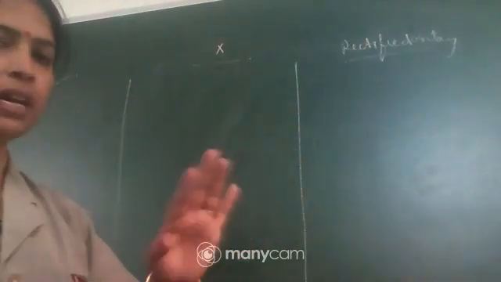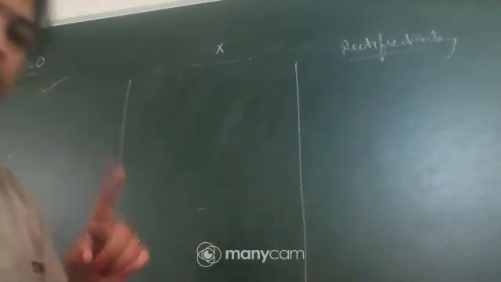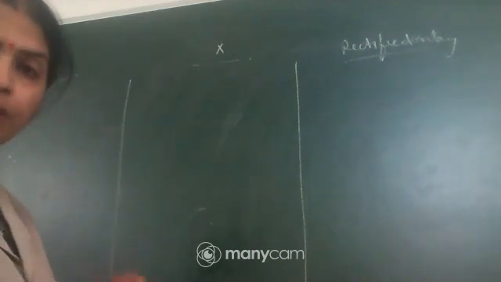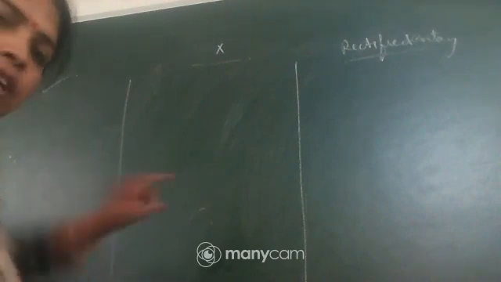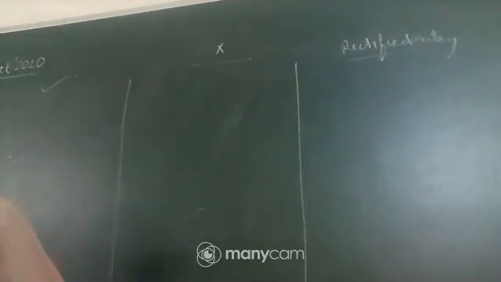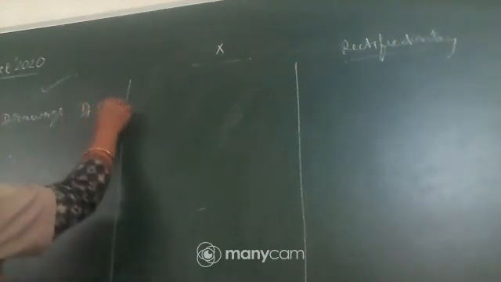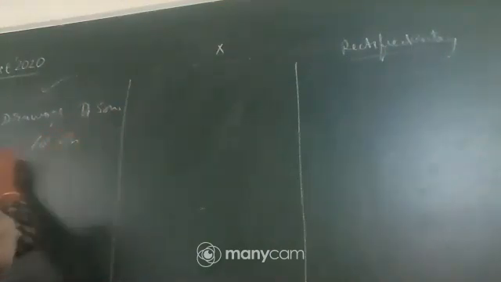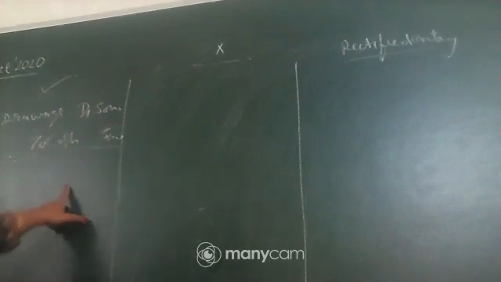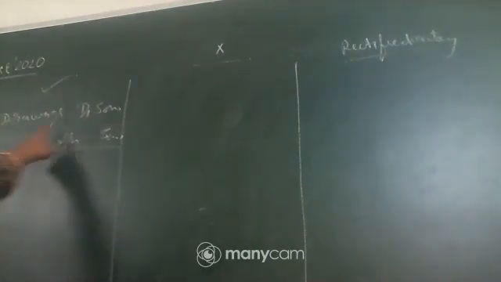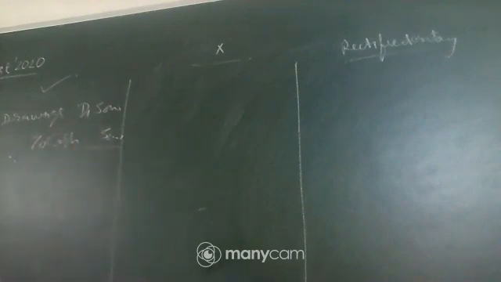This is the secondary part. We will read it afterwards. First of all, we will read the first part of the transaction. It is given that there is one radio of 5,000 rupees that was purchased for personal use. So how will we record it here? It should be recorded like this. For personal use it was purchased. So it is being purchased for personal use.